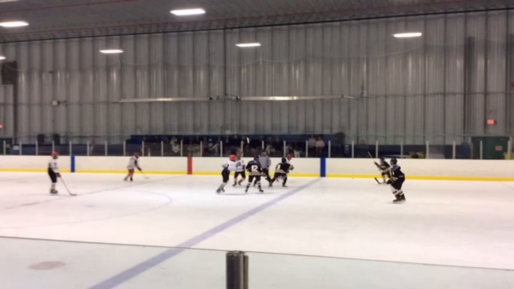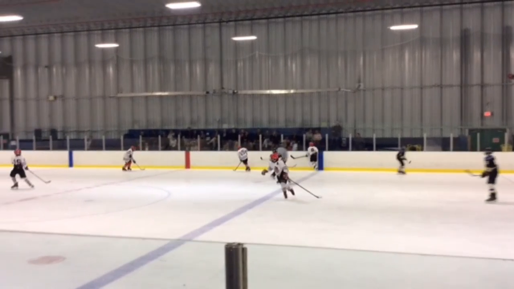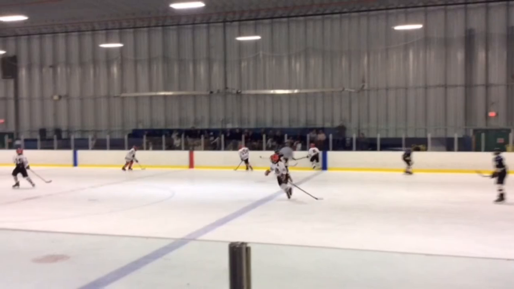Here's an example of where I want to see a good pass instead of what happens. That puck goes back to our D. Now right here, he's open here. This guy's moving to get open, so either this pass across or the pass up to here. But instead,